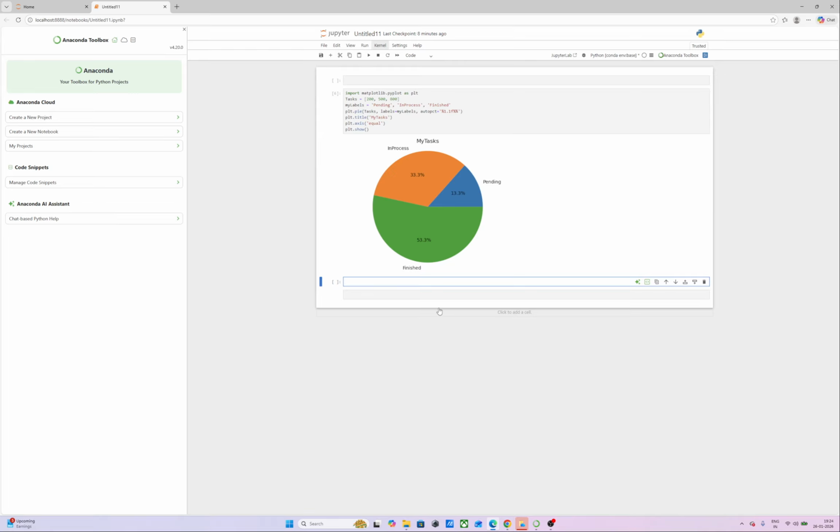Let us see an example of how to write the code for a histogram and how the output looks. Import matplotlib.pyplot as plt, and math score is equal to